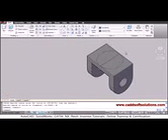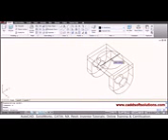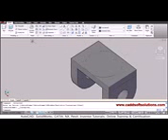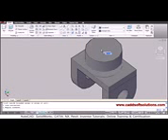Then again I don't want the internal line, so I will just erase it. Go to 2D wireframe, erase, select the internal line. Again switch back to the conceptual visual style. Then just press pull this circle by 20 height. So press pull, go inside the circle, give the direction and give the height of 20.